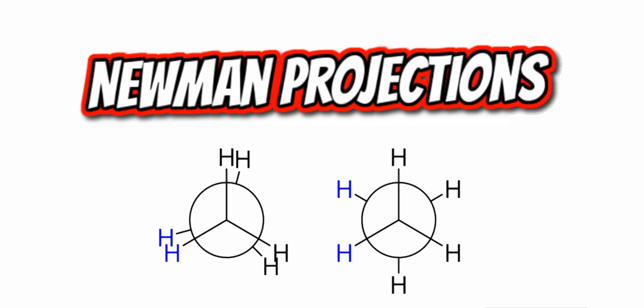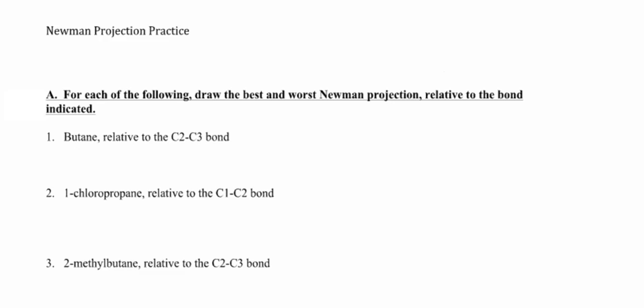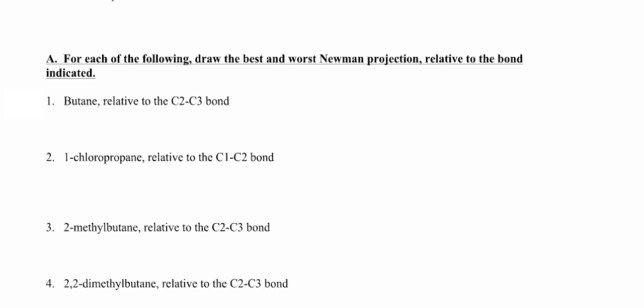Okay, so for each of these, what we're supposed to be doing is drawing the best and the worst Newman projections relative to the bond indicated. So let's bring this up here. Butane, relative to the C2-C3 bond. Okay, so if you think butane,